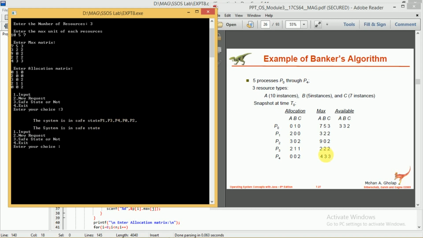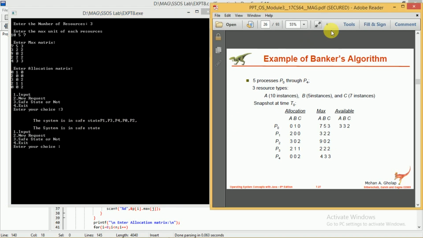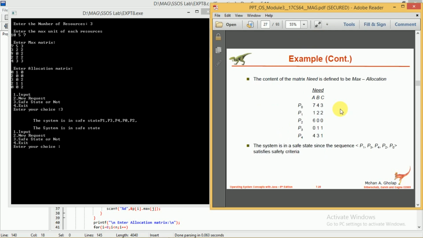Let us see whether we got the same answer in our theory or not. Here it was: the system is in safe state since the sequence P1 P3 P4 P2 P0 satisfies the criteria. Here the sequence is P1 P3 P4, after that P0 P2.